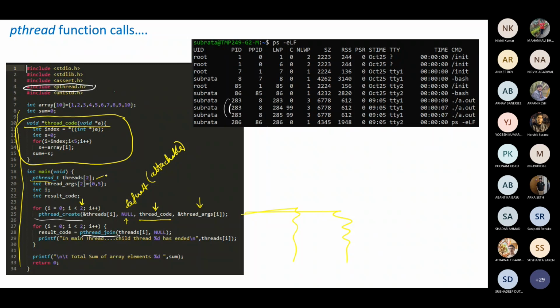Okay, sorry. So here, as you can see, thread arguments. I would like to pass integer arguments, so I have considered a one-dimensional integer array storing the values 0 and 5. I want the first child thread to take this 0 and the second child thread to take the value 5. So when I am passing,